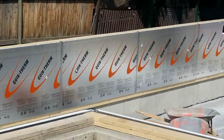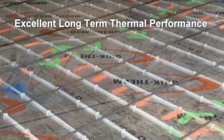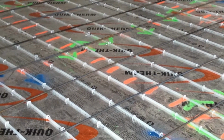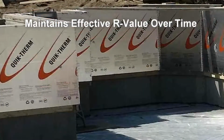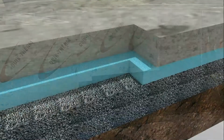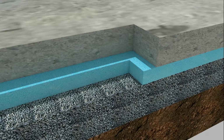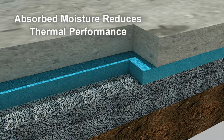Unlike some other insulations, SGI has excellent long-term thermal performance, exhibiting no appreciable loss in thermal performance over time after it is installed. SGI is freeze-thaw and moisture resistant, retaining its thermal characteristics and mechanical properties after being subjected to freeze-thaw cycling. In below-grade applications, insulation is typically exposed to moisture, which, if absorbed over time, can significantly reduce thermal